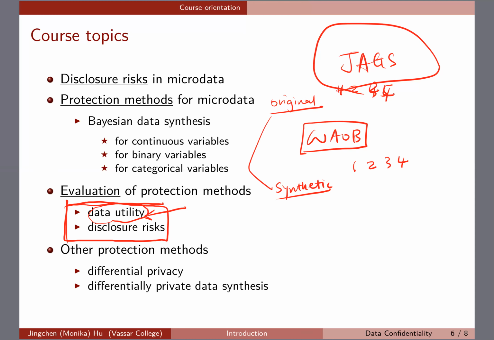Okay? And then, of course, if we have some other time, if we can, I will mention some other protection methods that are being done in the field. Okay? But I was even just debating how much or like what topics I should include in this course. But I think, given that we all took Bayesian and then Bayesian data synthesis is sort of natural in a way that you generate predictive distribution and get the predictions. So I do think for this semester we focus on the Bayesian methods or Bayesian modeling approach to all of this,